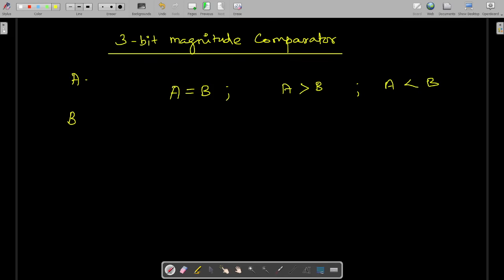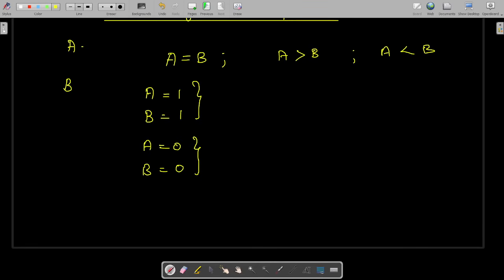If A is equal to B, in the sense that both are equal: if A is equal to 1, we should also have B equal to 1. Otherwise A is equal to 0 and B is equal to 0. Under these conditions, we can say A is equal to B. Logically I can write a Boolean expression.